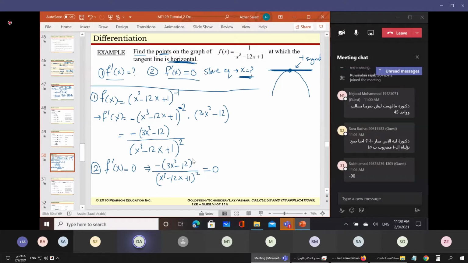Now, how to solve this rational equation? I multiplied here, the scissor. When I multiply this denominator by 0, it will be 0. So all that remains is the top here. Immediately, I write the top, the numerator, minus 3x squared minus 12